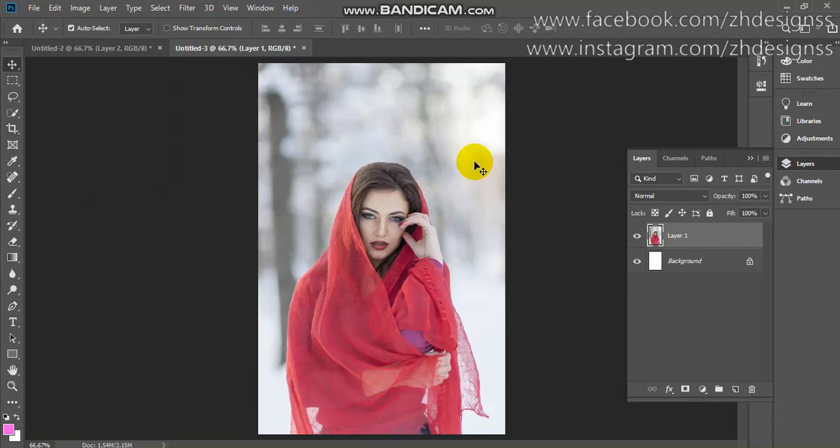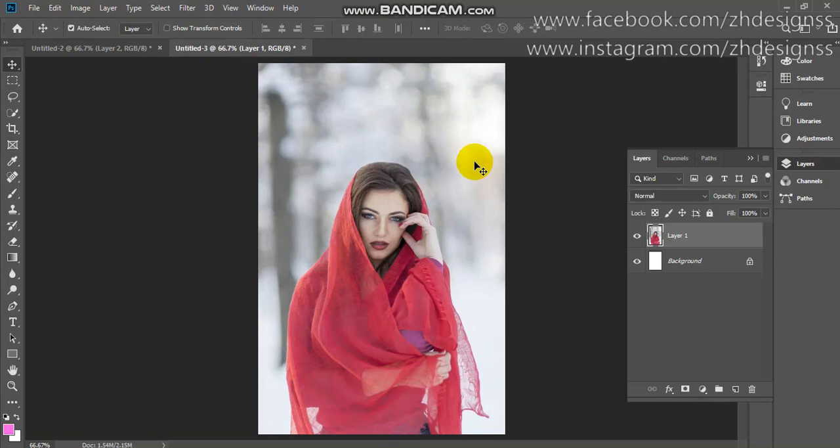In this tutorial I am going to show you how you can use layer mask. I often made tutorials on Photoshop, so I often use layer mask in my tutorials, and many of you don't know how to use layer mask. So on your request I am making this tutorial on layer mask, how you can use it.